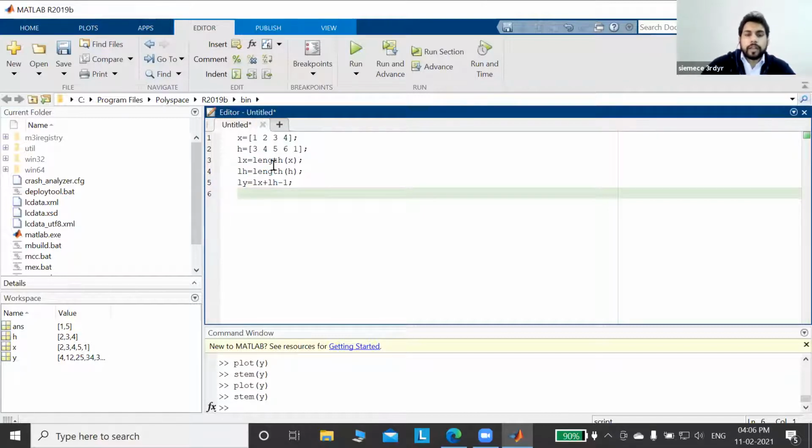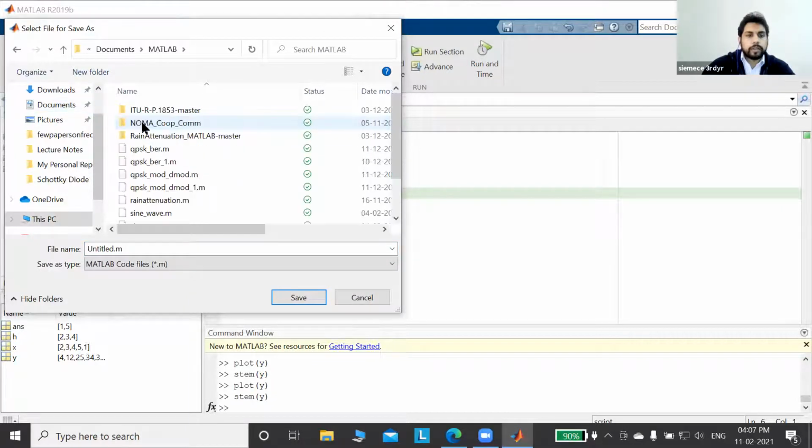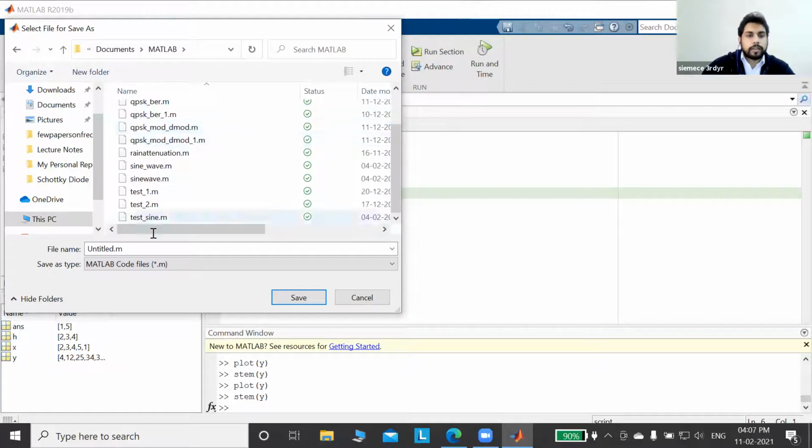So this program is not completed, but if I run this, first of all I have to save it. I am saving this program in the document, in the folder MATLAB, as convolution underscore lab 2.